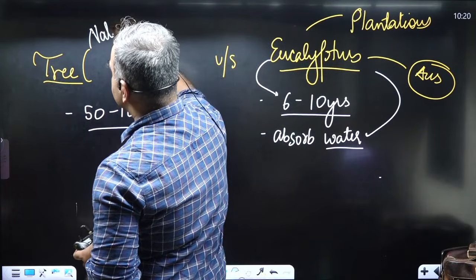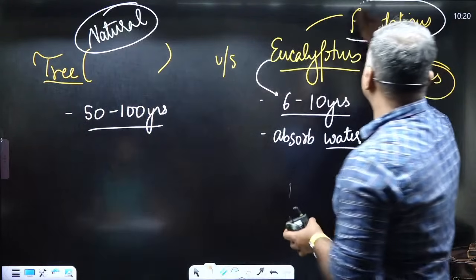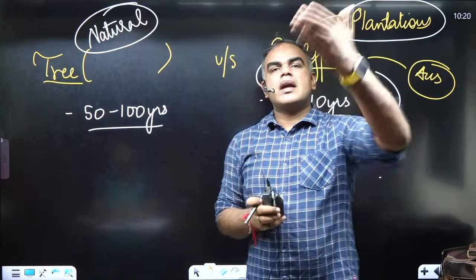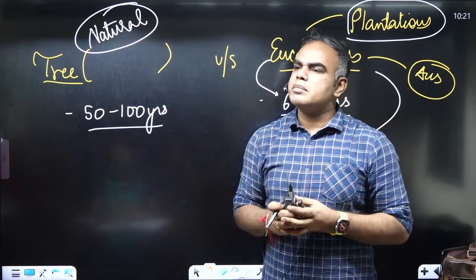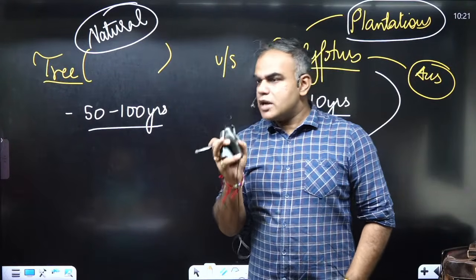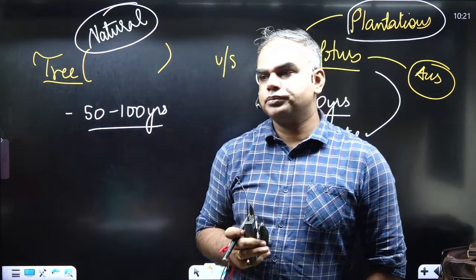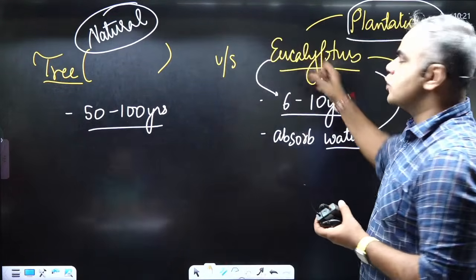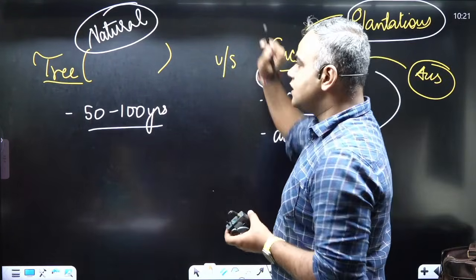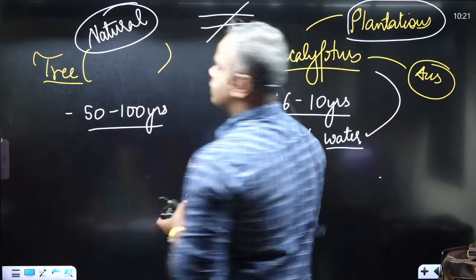याद रखना, these are, of course, natural, and this is ultimately what? Plantation. Many times people think कि sir, if you're cutting down the trees, क्या काम करेंगे हम? प्लांटेशन कर देंगे, बात बराबर ही तो है. Is that the same? If you cut down a natural tree, it is not the same as doing a plantation. Okay, and specifically if you go for, let's say, eucalyptus or any of the fast growing varieties, the reason is, तो ये चीज याद रखना कि natural is never equal to plantation.